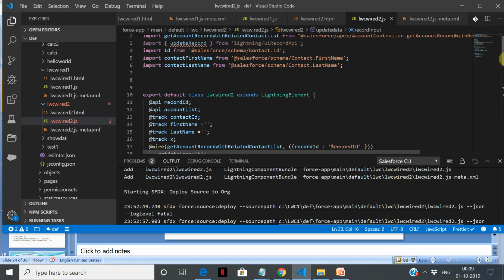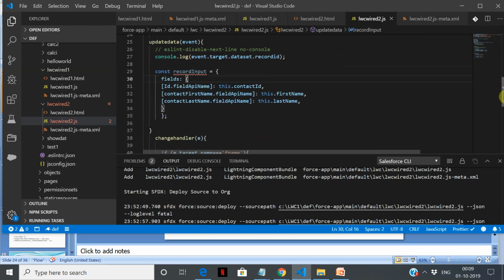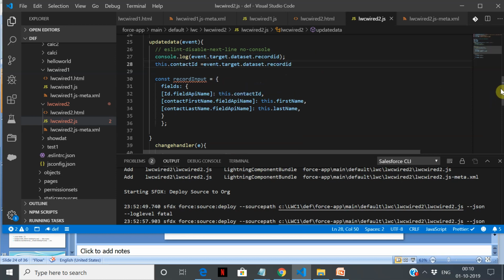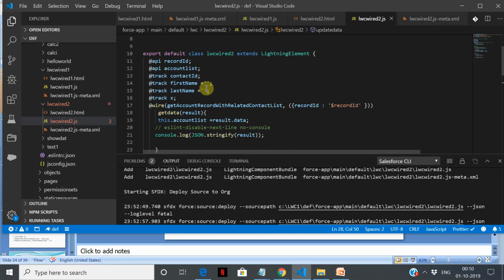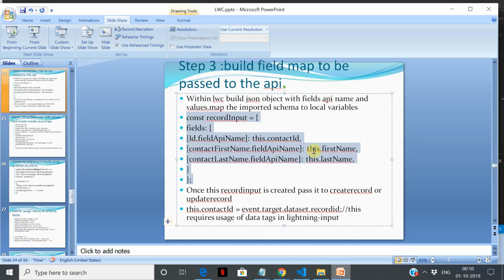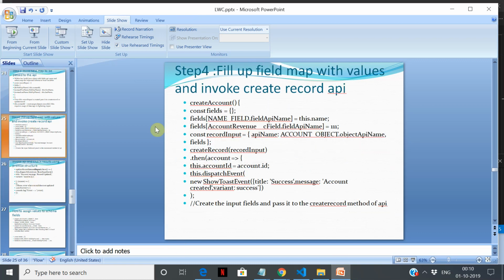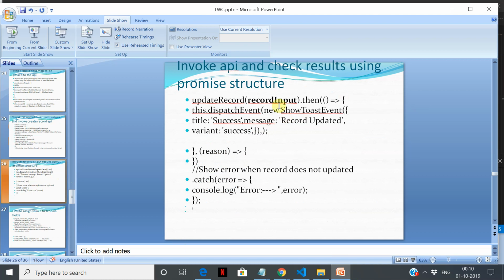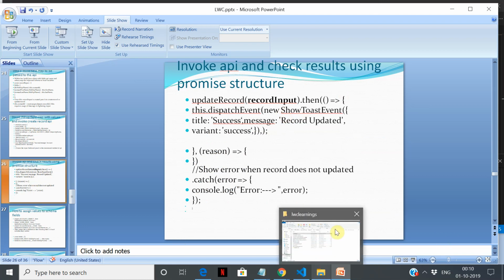So I have this field imported here, contact first name, last name, and now I have values in this dot, either I can take this directly over here, or I can assign it to this. Contact ID is a local variable which we have created. Sorry, we have not created, we have created record ID. So yeah, contact ID. So we're going to use it over here, okay. So this is going to set up our data parameter, which we are going to finally call the update record method. Now this update record is again a library which we can directly take from the reference. So let's see how to use this.